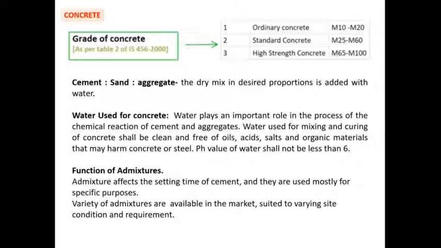is happening. You can add some admixtures to strengthen the concrete very quickly, जिसका setting time बहुत कम हो जाता है. जैसे मैंने कहा approximate time 28 दिन का होता है. But if you are constructing, let's say underwater foundations, or you're constructing pile foundations in marshy lands, so there are chances that the water will get in contact with the steel that is inside the concrete. So you need fast setting cement concrete.